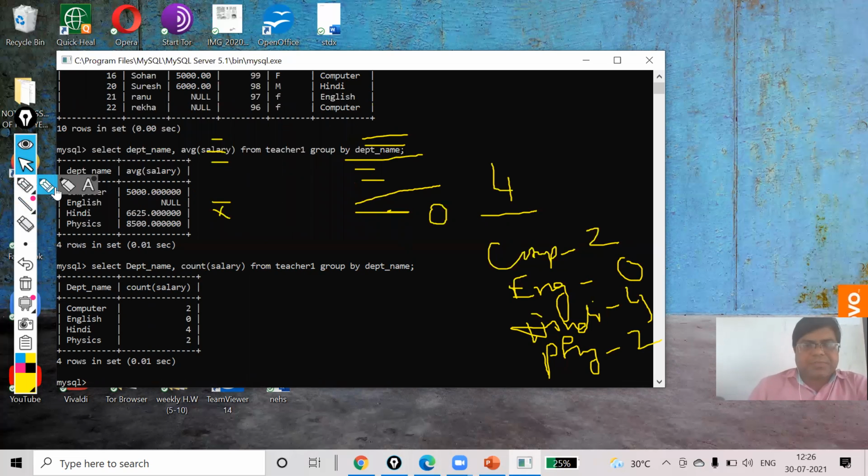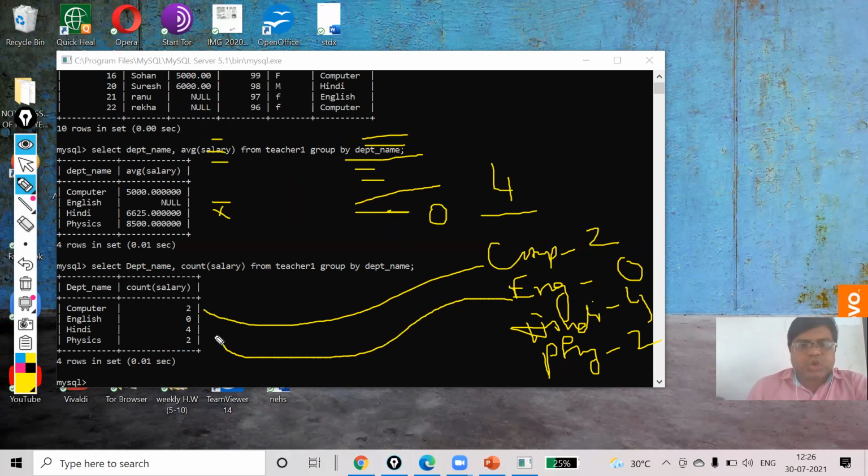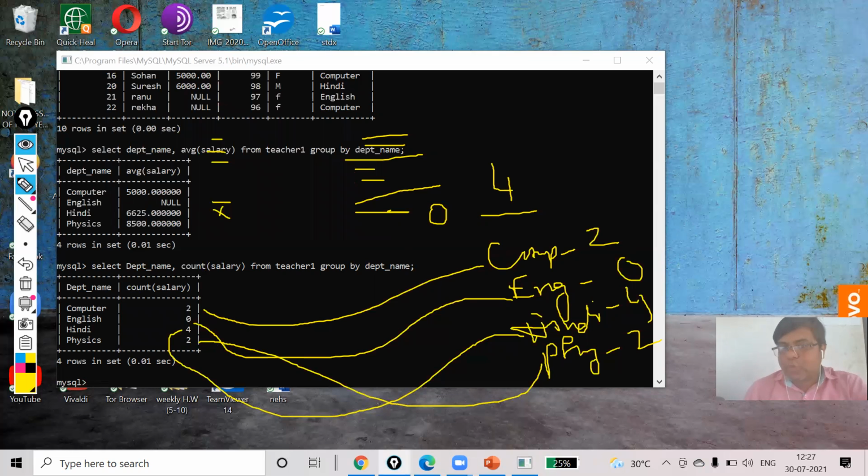Now check it here. Your computer is showing 2. English is showing 0. Hindi is showing 4. And the last one, physics, is showing 2. So here all your parts, that is the department name and count salary, are done in grouping, my dear.